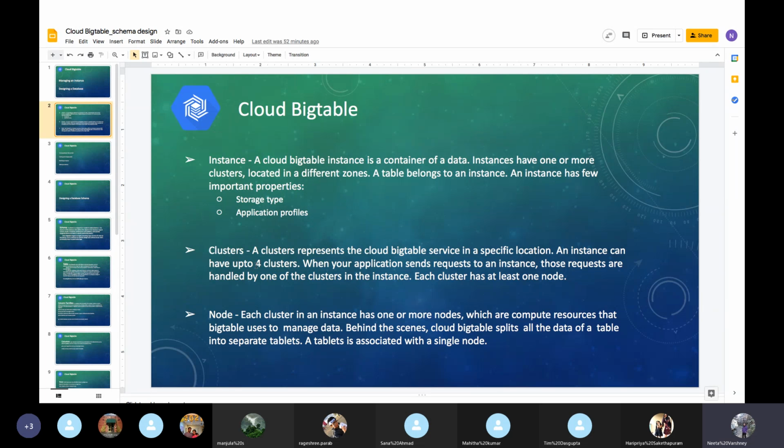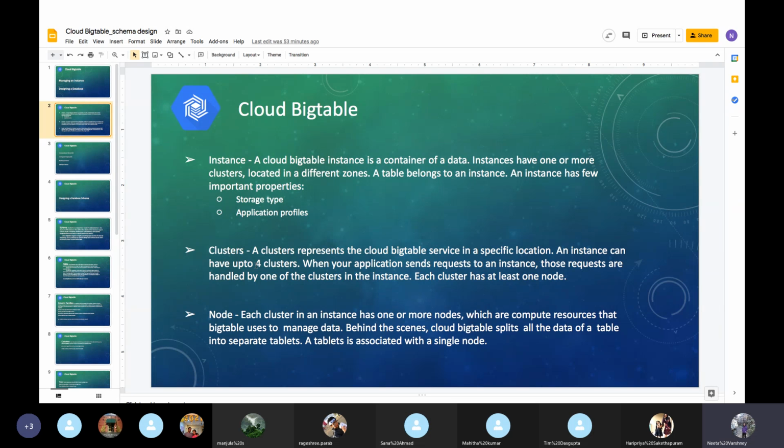For example, I have a student's table, and this table is in the instance. Now I have given a cluster in US East, and I have given another in US South. So the table will be replicated in US East and US South. Are you getting it? Yes.